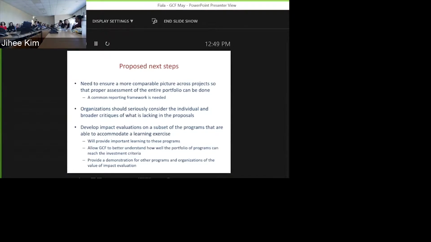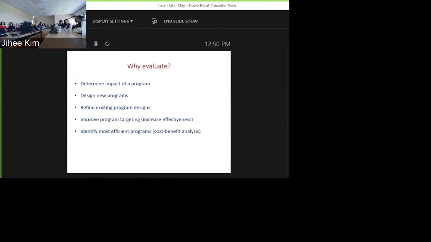All right, and so when you do it really well and you make sure that it is really of direct value to an organization, to a program, what I hope is that it gets more and more organizations excited. So what do I mean by evaluation? First off, why do we want to evaluate? There's a couple of reasons why we might want to do an impact evaluation. I'll say evaluate and impact evaluation interchangeably.